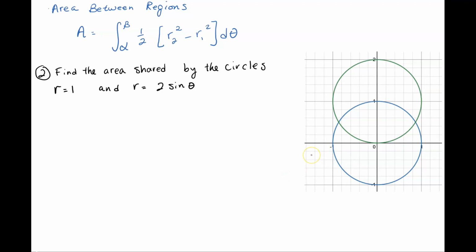And then I have r equals 2 sine theta, which is this circle. And if you notice, it's also got 1 unit of radius. It's basically the same circle but shifted upward, and that's accounted for by the function they give us here. So it is some constant that we're seeing here. And so if you see here, these of course span from 0 to 2 pi, but our concern really is